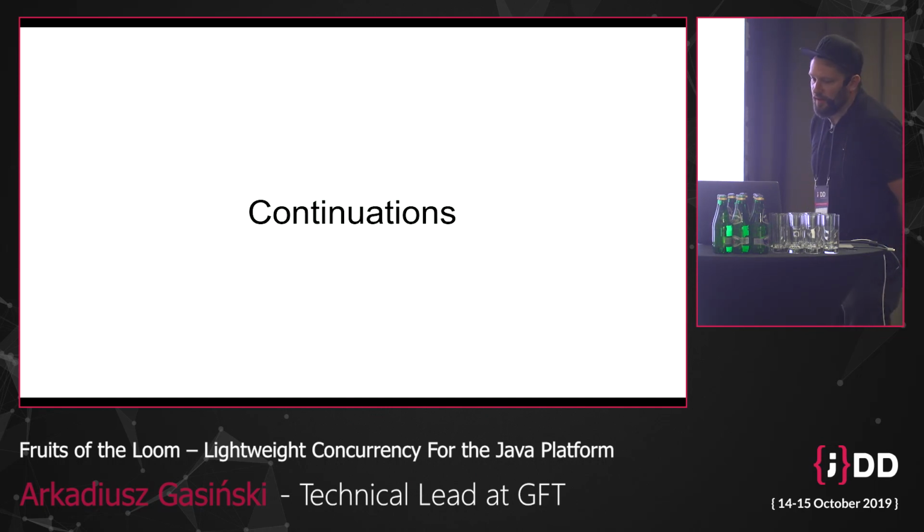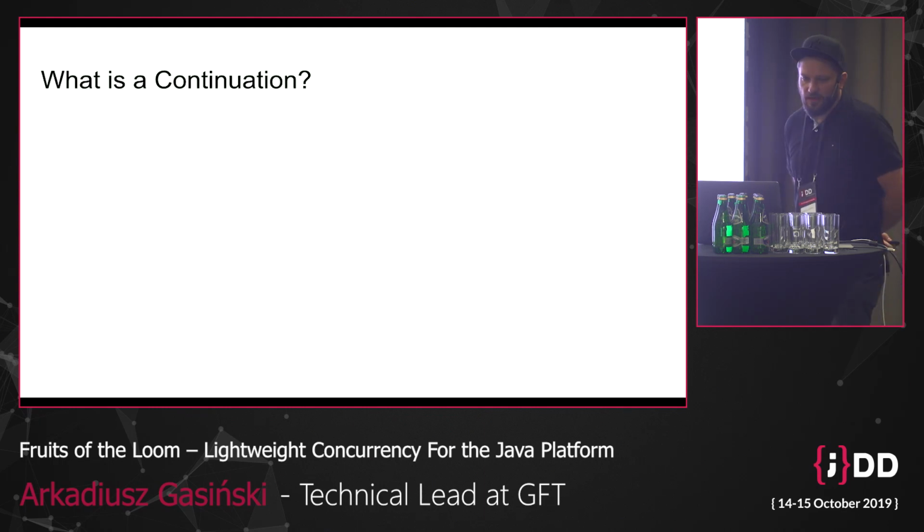Continuations are a low-level construct, and we as developers are apparently not supposed to work with them directly, so I won't spend much time on them. They are basically the fundamental building blocks for fibers, which are the new user-level lightweight threads. As we already know, a thread is a composition of two concerns: the context and the scheduler. And this context in Project Loom is implemented in the form of a continuation. Sometimes we call a continuation the rest or the future of the program execution.